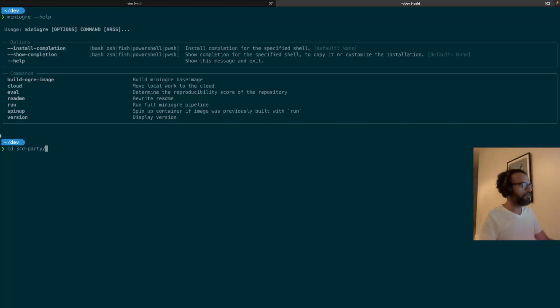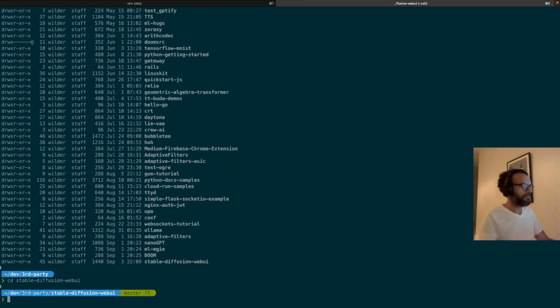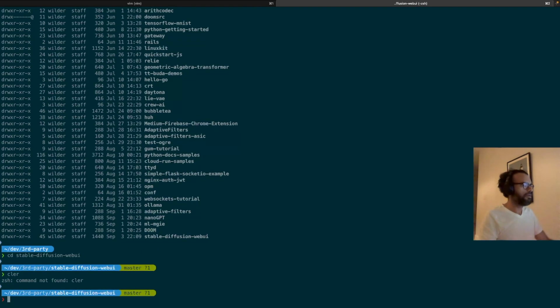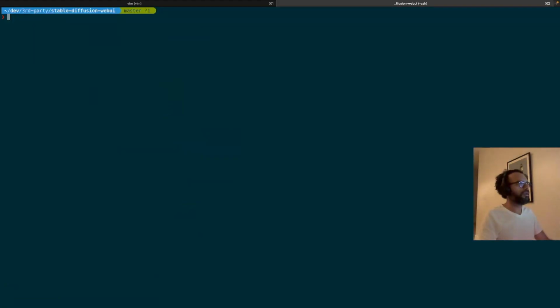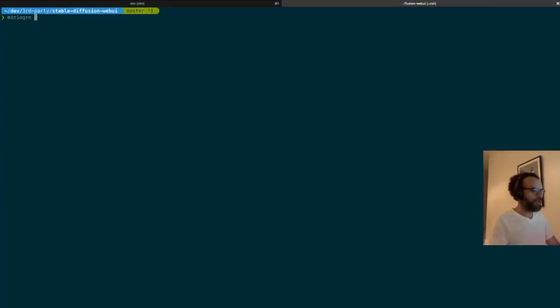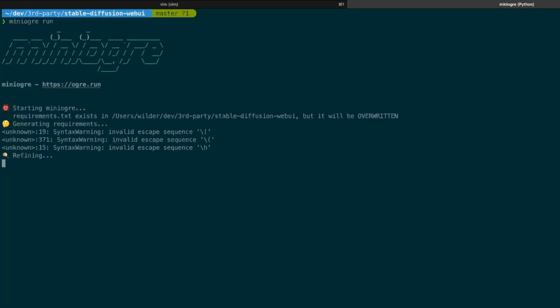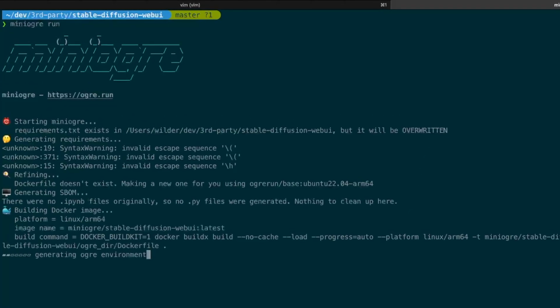So if we go to a repository here, let me see. Okay, Stable Diffusion. This is a repository that is like a deep learning repository, lots of stars on GitHub. And as you can see, there are several files here, and it is a Python code base. So what we can do here is type miniogre.run, and once we do this, it will start analyzing the entire source code and the documentation, for example,